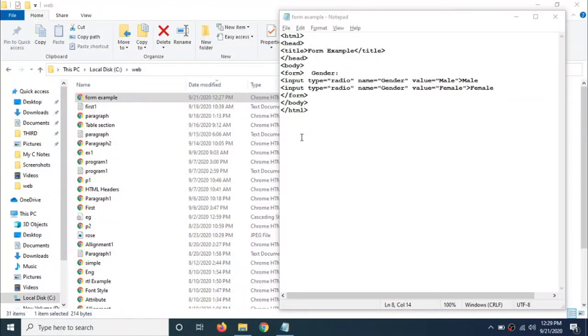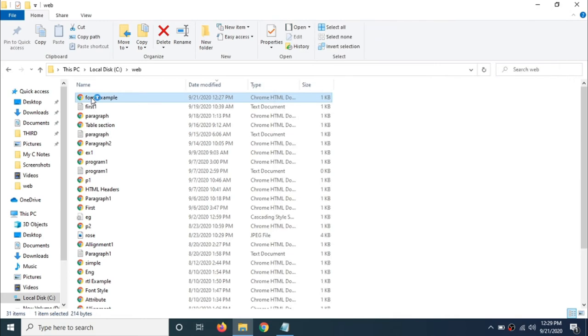Here is the radio button example. As you can notice, the name of those two buttons is gender, the values are male and female, and the text that needs to appear after each radio button is male and female. The file name is form example. If I click on this form example, you can see the output.